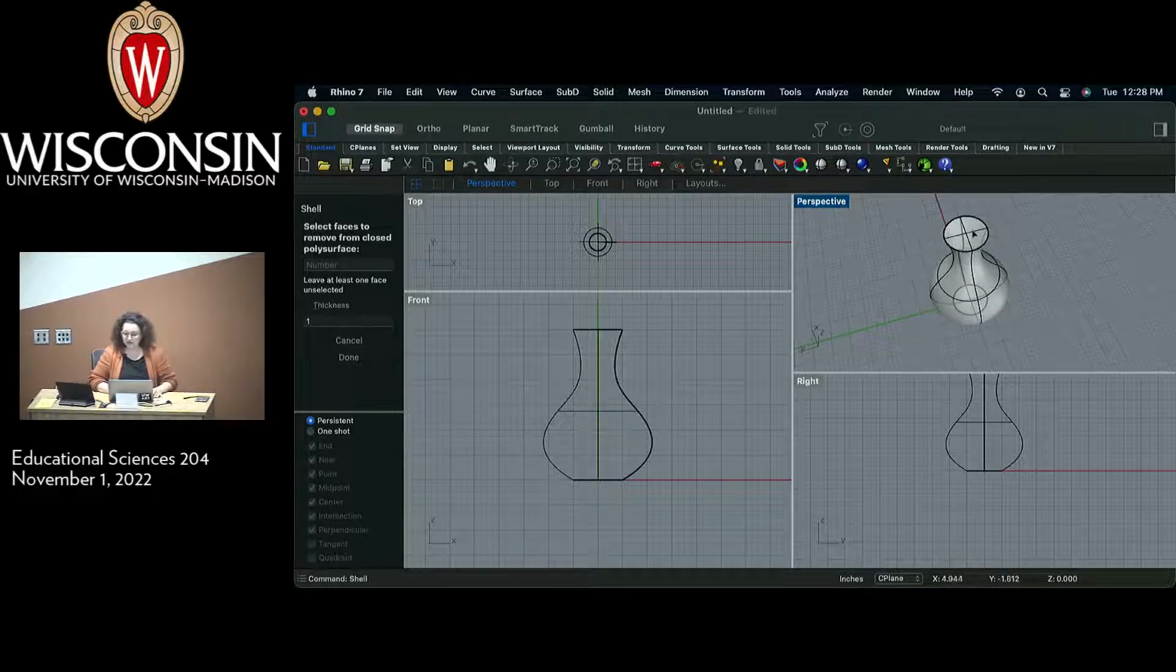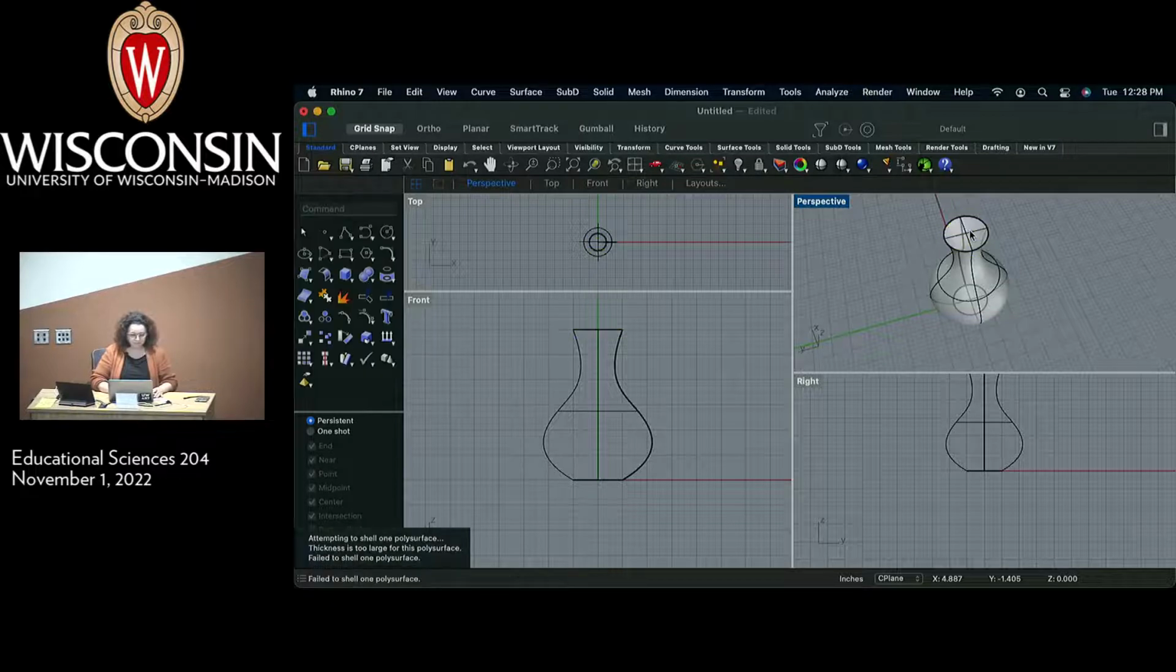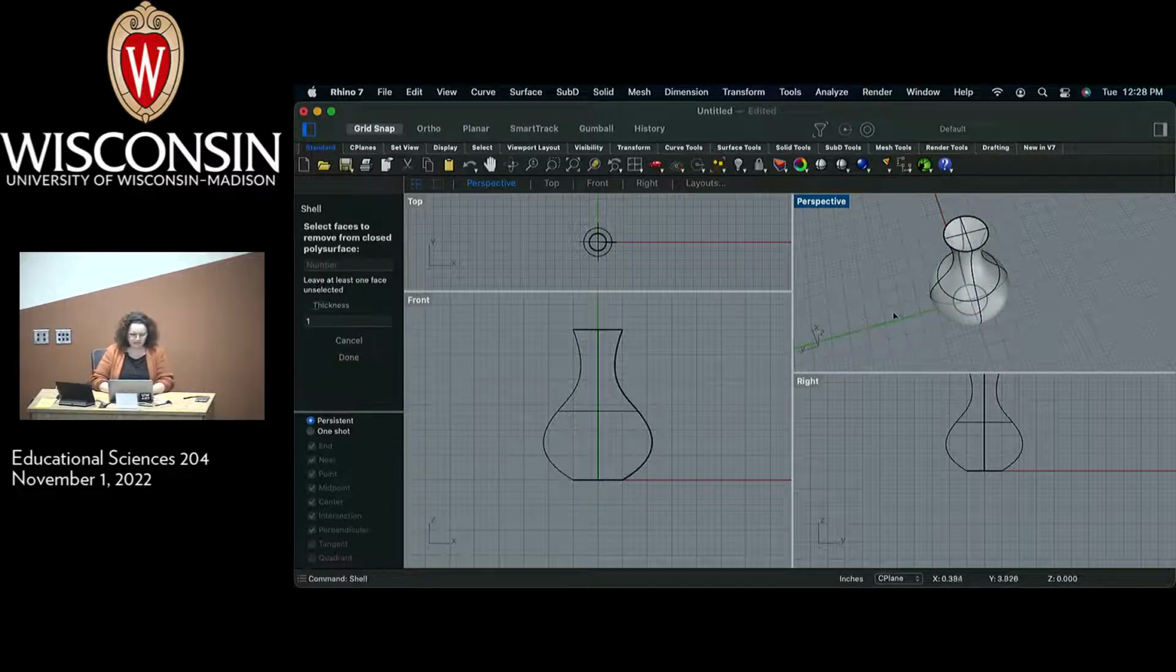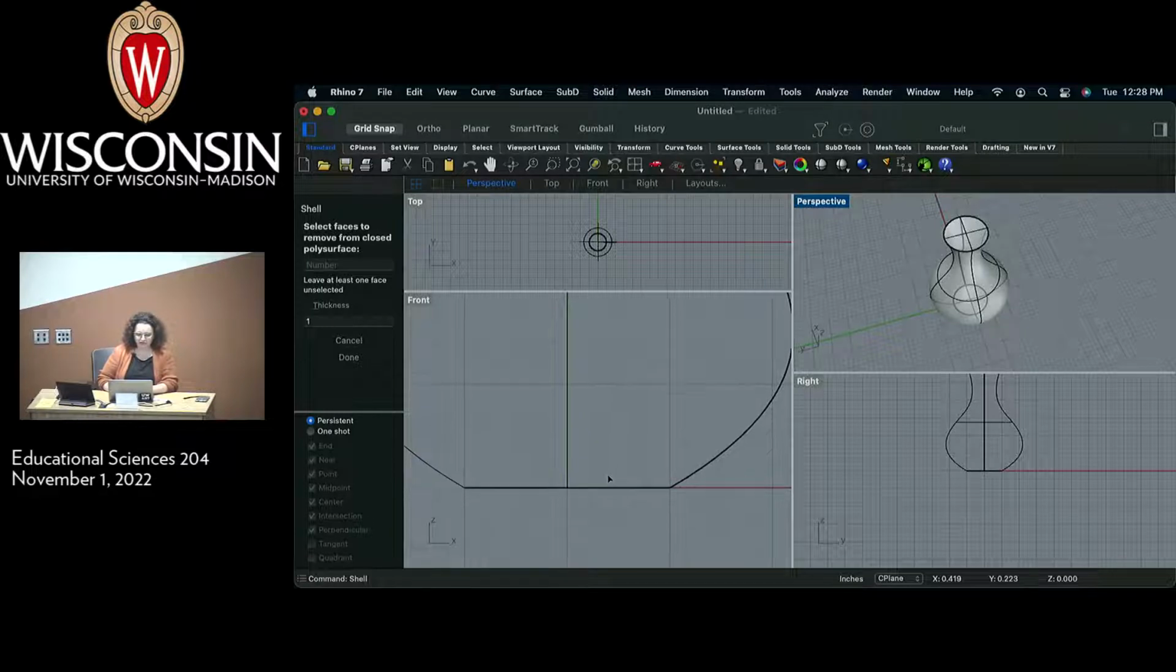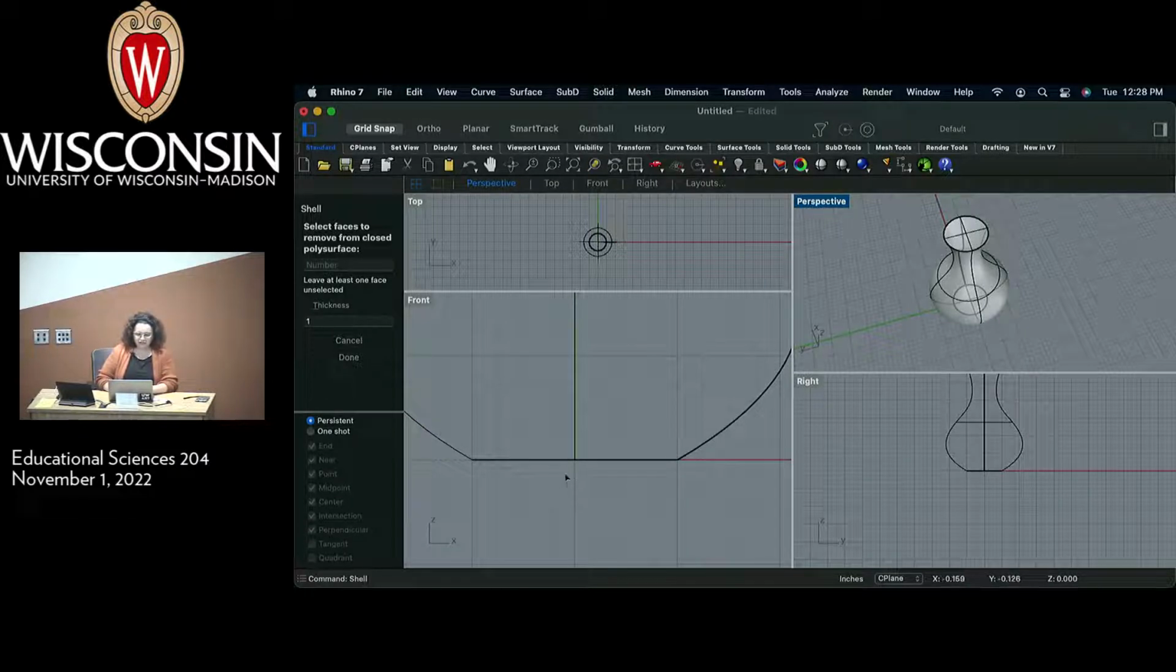So, select faces to remove from closed poly surface. Well, I don't know about you, but I would like my vase to open at the top. So I think I'm going to remove the top. And it looks like that failed, and I can tell you why really quickly. The reason that it failed, and this is just a good reality check, is if we look at our units right here,